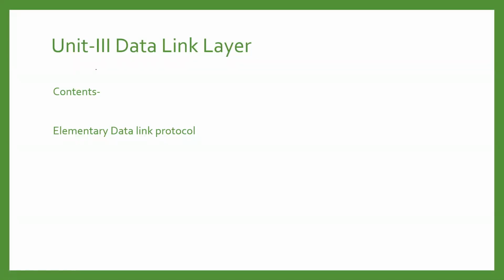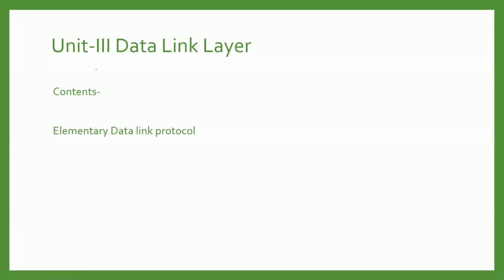Hello everyone. Today we are going to see the next part of the data link layer. It is the elementary data link protocols. In the last video we discussed the error detection methods, where we add redundant bits. We already discussed VRC, LRC, checksum and CRC, and we have solved some examples also. Now we have to start with the next part, elementary data link layer protocols.